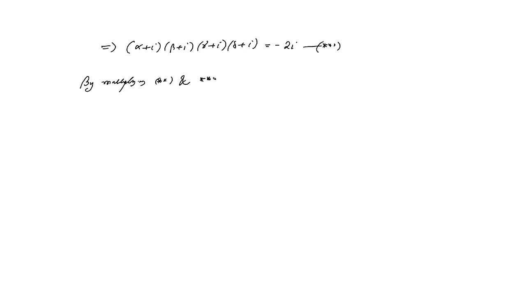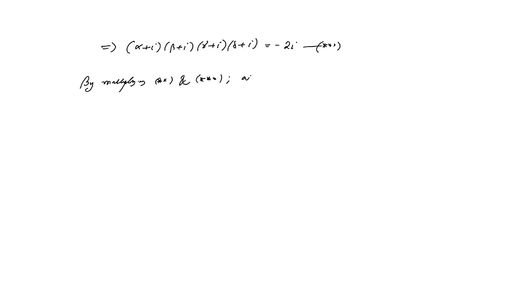So from this information you will get (alpha plus i)(beta plus i)(gamma plus i)(delta plus i) equals minus 2i. So this is triple star. Now, by multiplying double star and triple star,